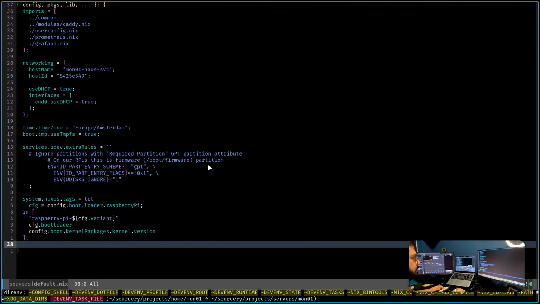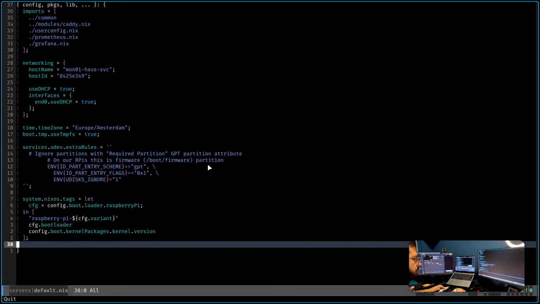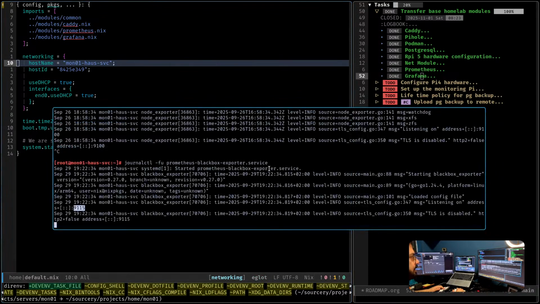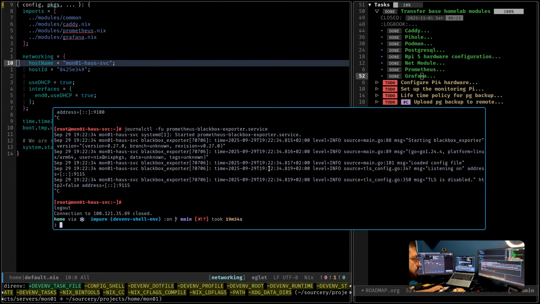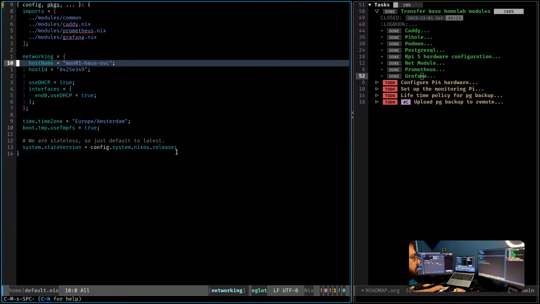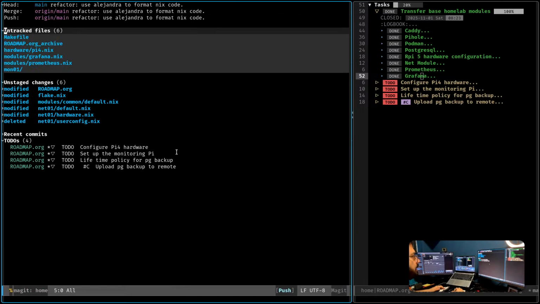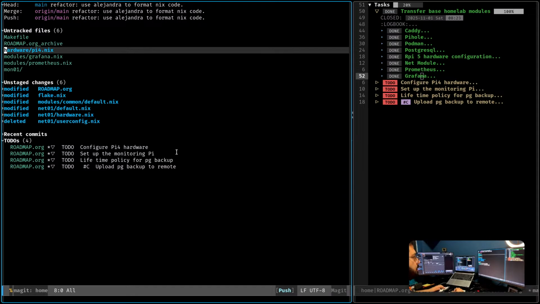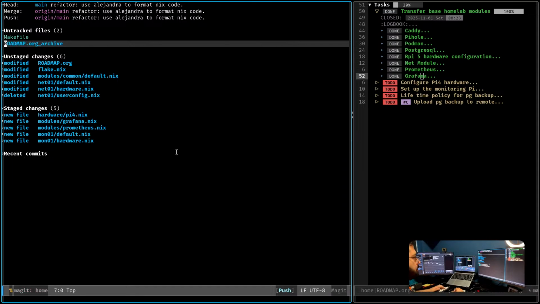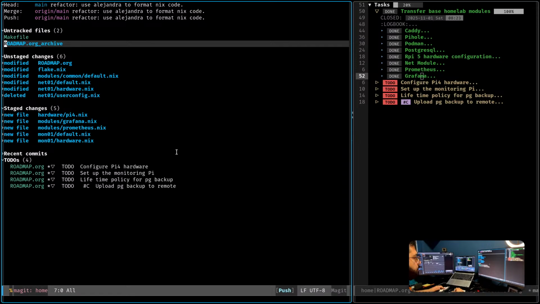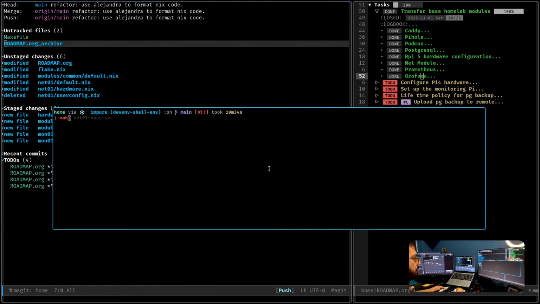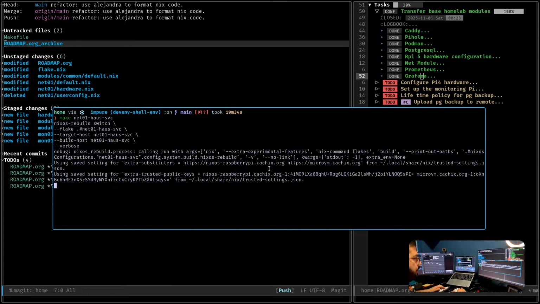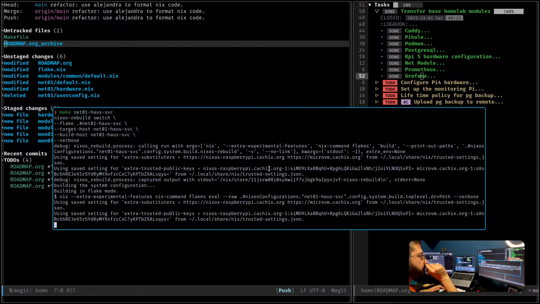So far so good. The default is there. So let's first track these changes. I have five for Grafana, Prometheus, and Mon 0. But I want to first deploy nets because I changed some stuff over here.